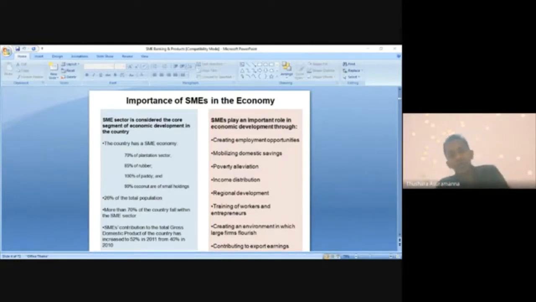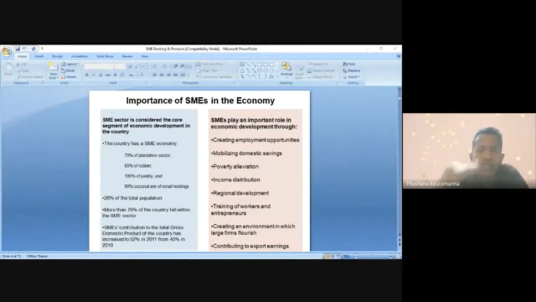These are some outdated numbers, but if you visit the statistics department website or the central bank's highlighted data recently, we can say 60% or more of the contribution to the Sri Lankan economy comes from the SMEs, and 70% are within the SME sector. 25 to 30% is the share of population. So many of the sector's players are SMEs, right? So that's about the stats. Stats are not so great because they keep on changing, but the right side is very important.